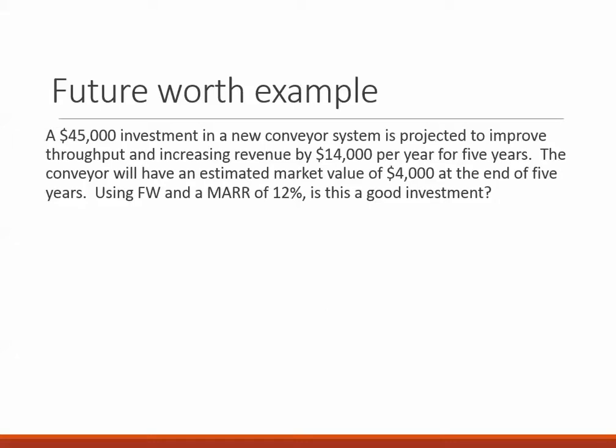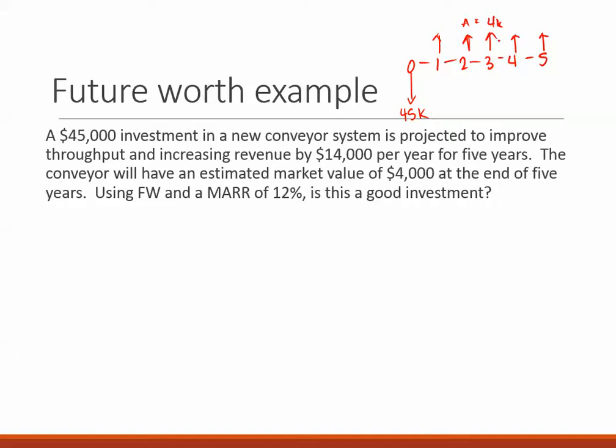So first of all, as usual, we want to draw our little cash flow. I'm going to draw it here: 0, 1, 2, 3, 4, 5. It's an investment of $45,000, so it goes down. It's an outflow. And then we will be receiving benefits. Now, not in cash necessarily, but they're going to increase revenue. Sometimes they increase in savings, but in either case, we do point our arrows up, and this is an A equal to